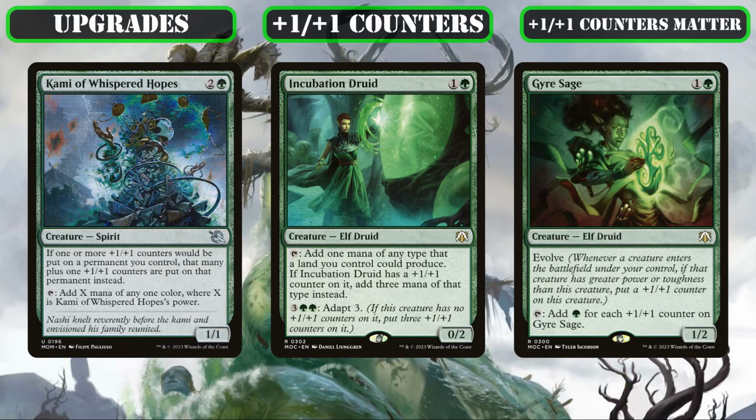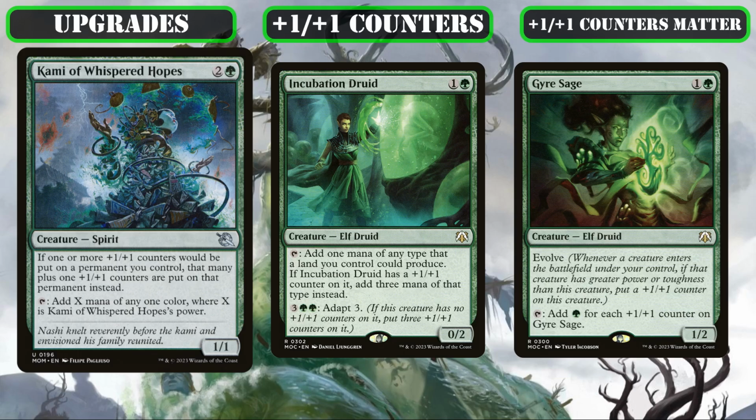which provide us with ramp to speed up and or fix our mana base that only gets better as we get +1/+1 counters on them, with the former also increasing the rate at which all our other creatures accumulate +1/+1